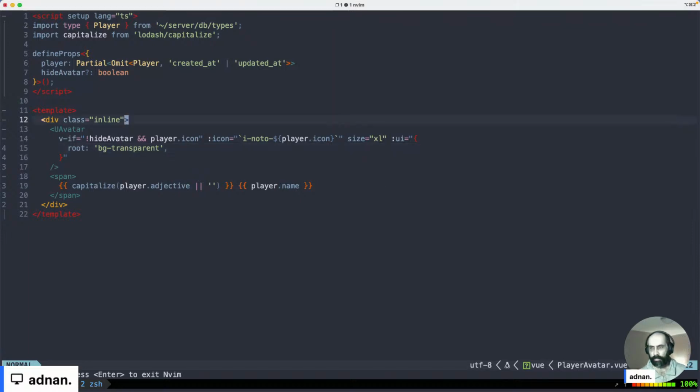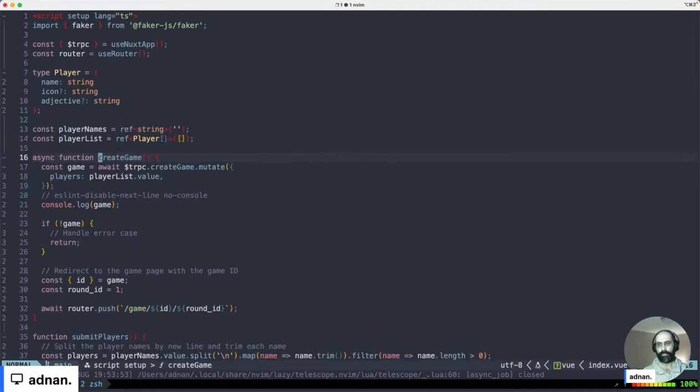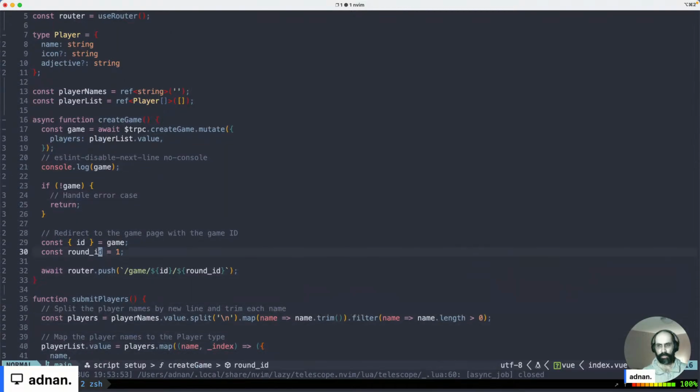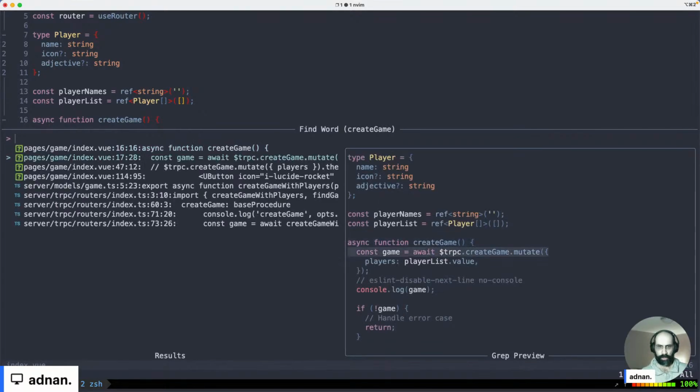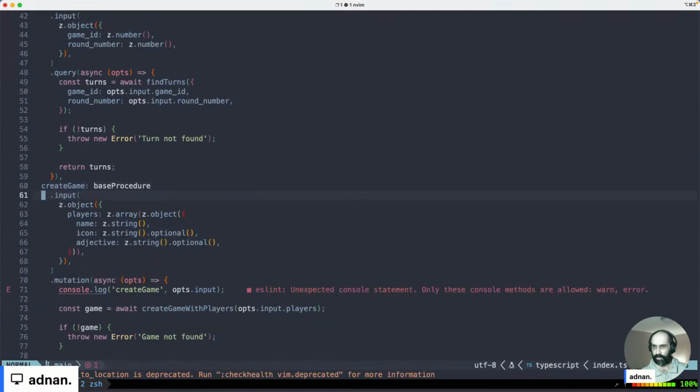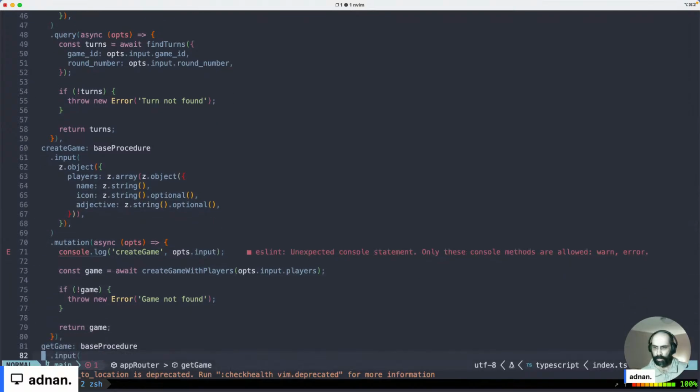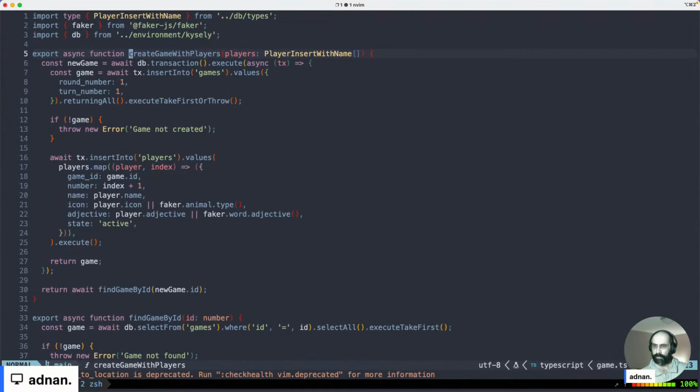Let's see if I can't copy paste them into a file somewhere. I have copied them, and this will go on the server side because that's where the adjectives are being generated. So somewhere around create game on the server. Well, I could just go here and get into the server side. Create game with players, and then Faker is generating the adjective, and so let me refactor that out of there